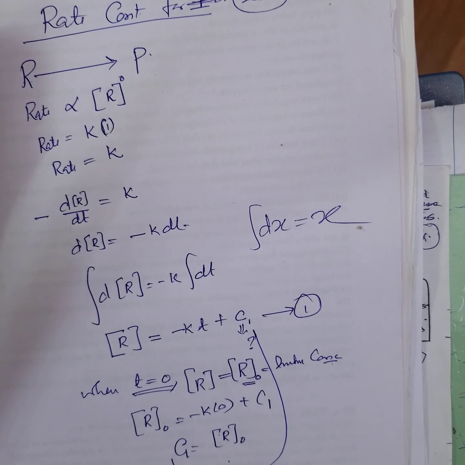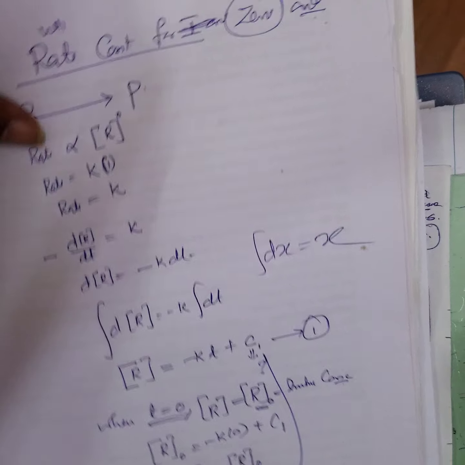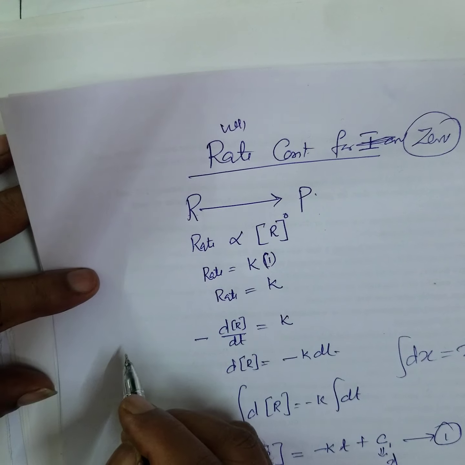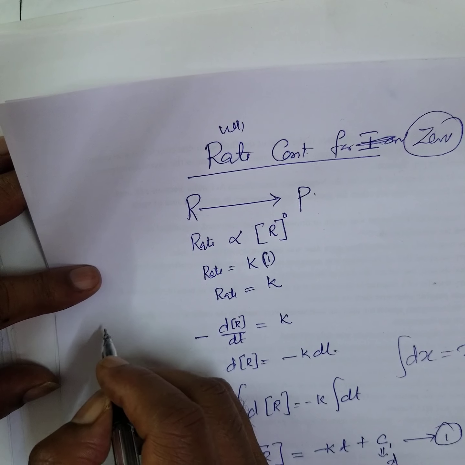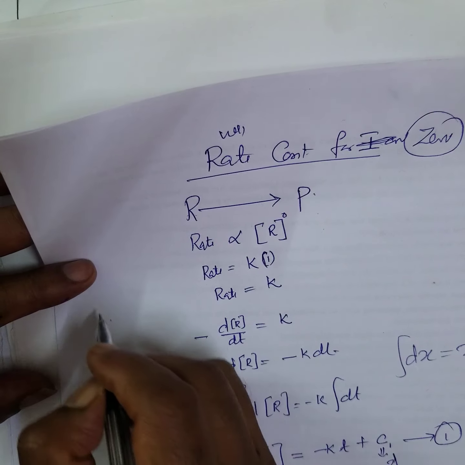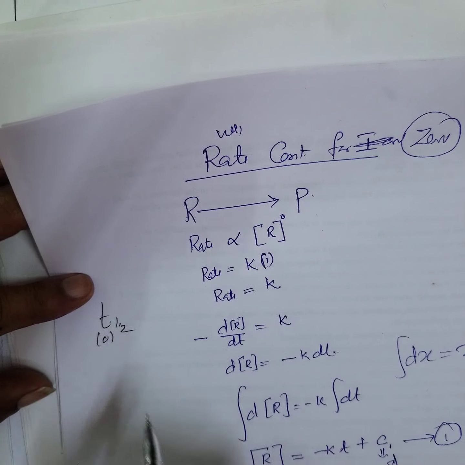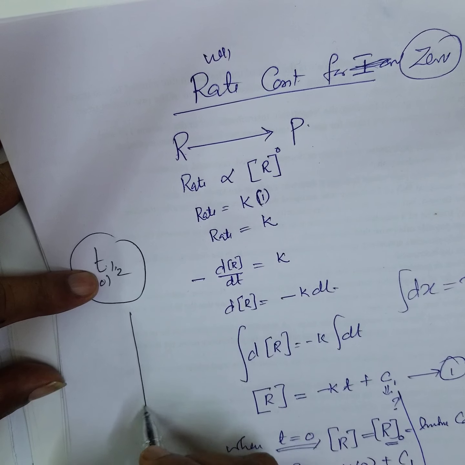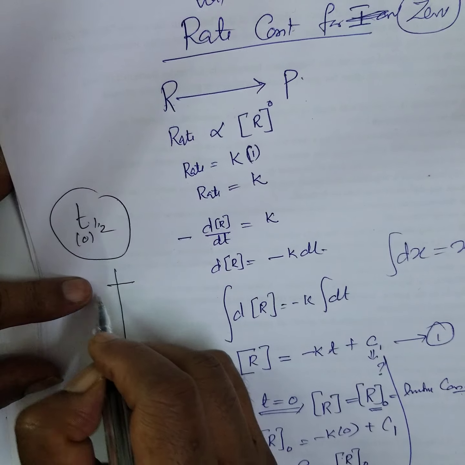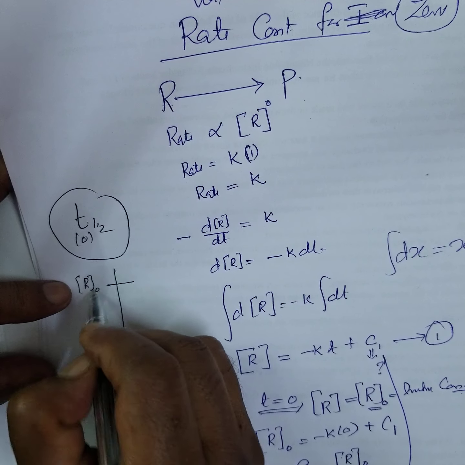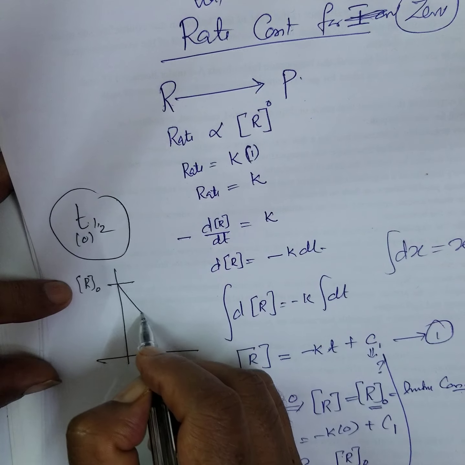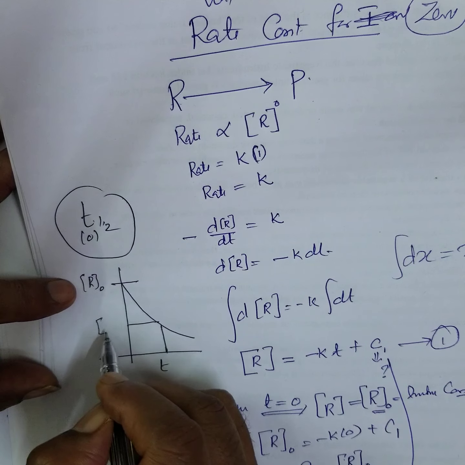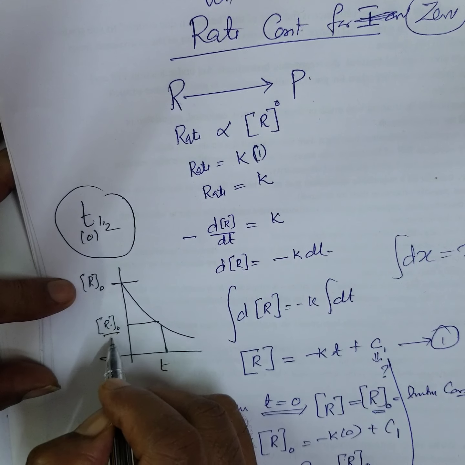Now, they may ask you different types of problems on this. What is half-life? Suppose, what is the half-life of the zero order? Half-life is the time taken for, suppose, R naught is the initial concentration. Now as the time elapses, the concentration is decreasing. After some time, the concentration becomes R naught by 2. That means